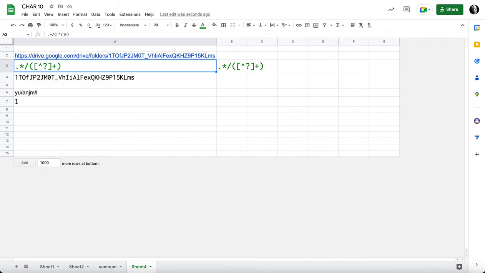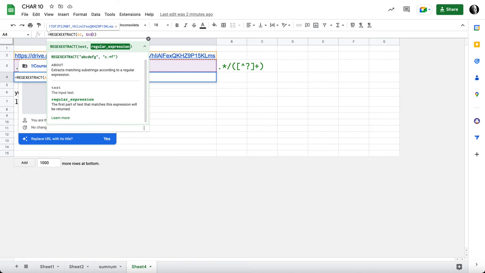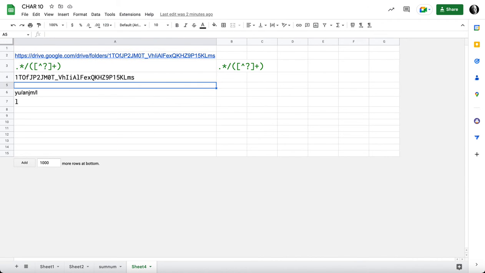expression. I'm writing a formula here where I'm doing regex extract, and the beginning of my regex extract is the text, that's A2, and then the formula is in A3. Normally you would write your regex expression inside of quotes, but in playing around with this, I wanted to show how you could change the regular expression by doing that. So this is our